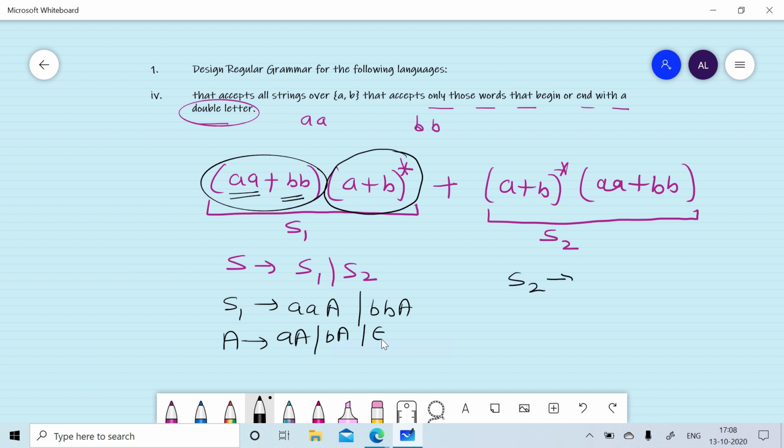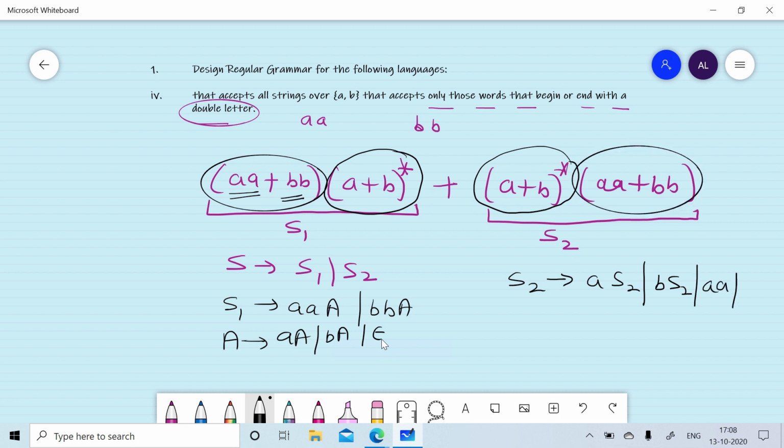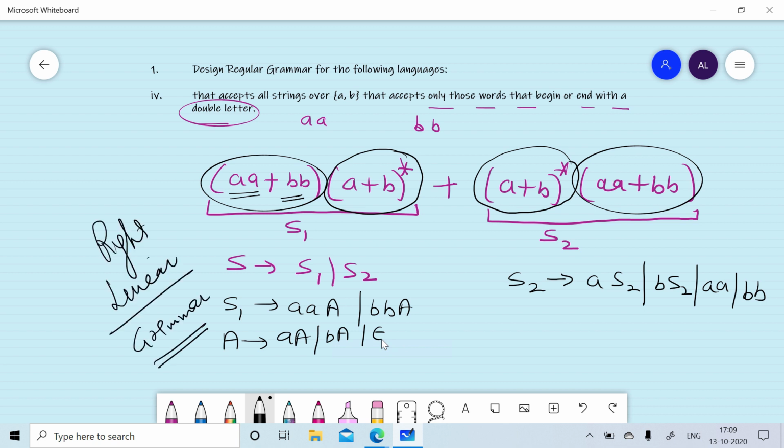Similarly from S2, first we need to generate (A+B)*. So we will generate it by AS2, BS2. Whenever we do not want to repeat the loop of (A+B)*, we will terminate it by AA or BB, and this represents the right linear grammar for the given problem. Thanks for watching this session.